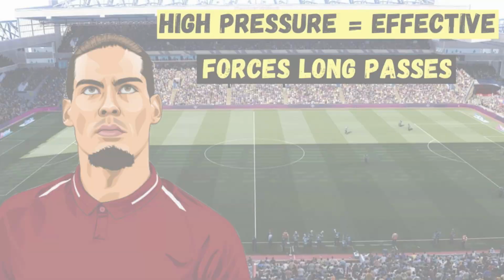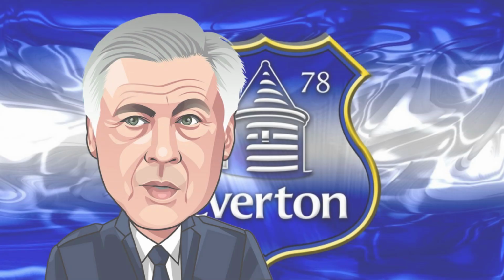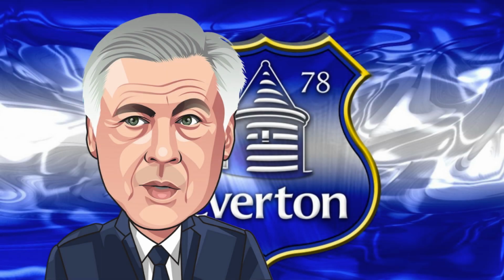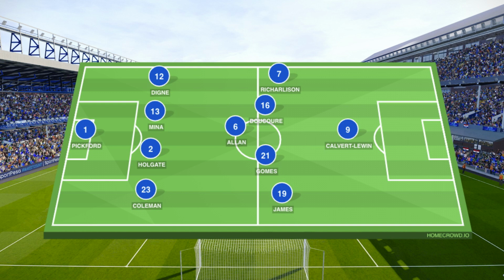But overall this man-to-man pressing system was effective, as it stopped Liverpool being able to play passes into the midfield line and force them into longer passes upfield or risky passes into players who can be pressurised quickly in their own defensive third. So how can Ancelotti adjust his tactics to have the same effect that Aston Villa did against Liverpool? Well, Everton usually defend in a 4-5-1, so when pressurising Liverpool high up the pitch, I would go for